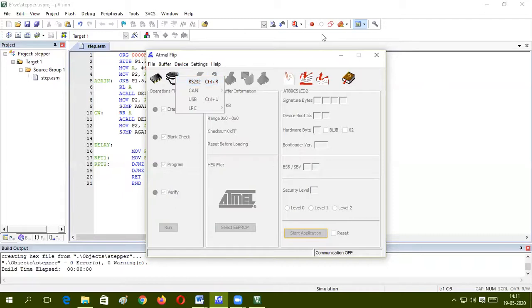Now we need to understand how to make the connection, meaning your peripheral devices plus the 8051 microcontroller with your CPU. Now we'll see how to connect that. Okay, this is your CPU.